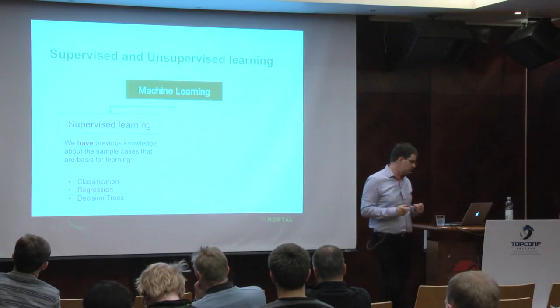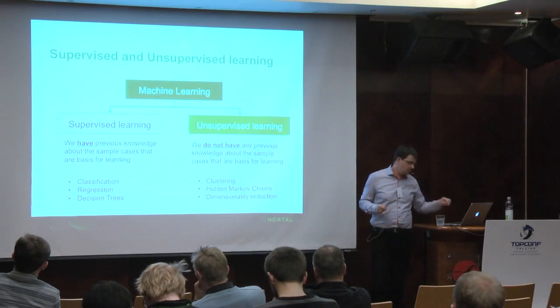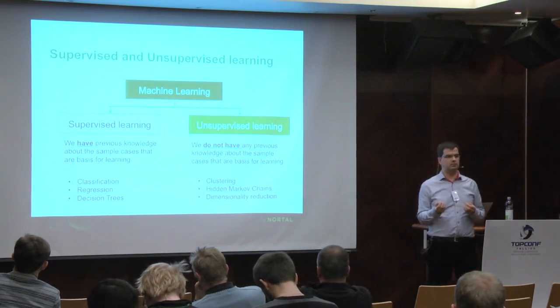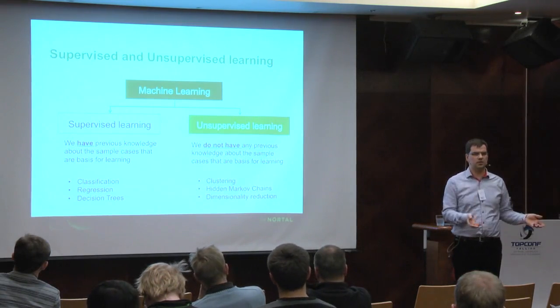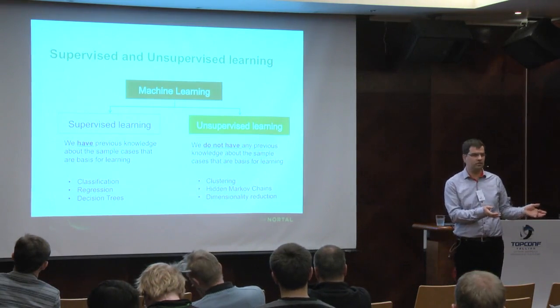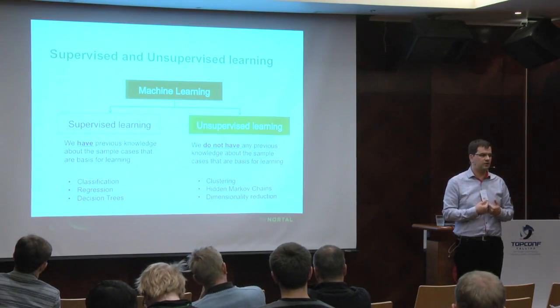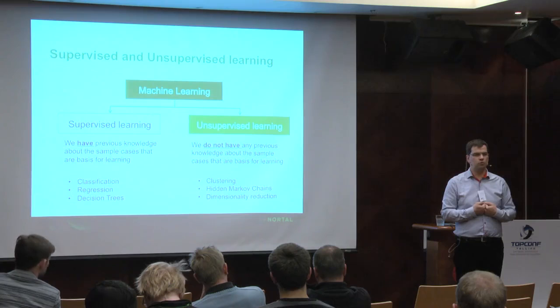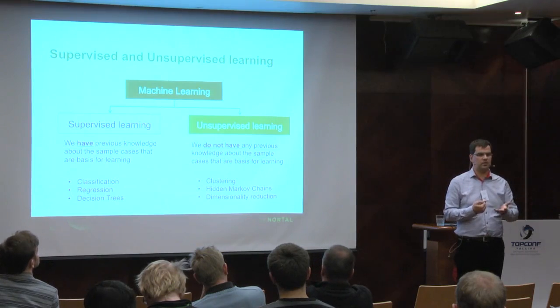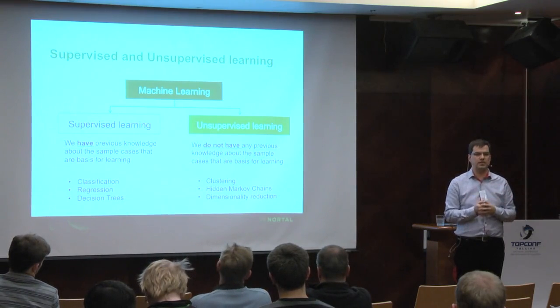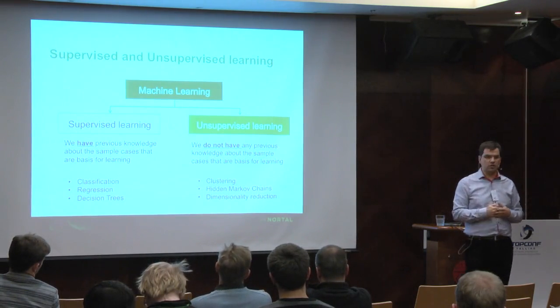The other area of machine learning is where we have the sample cases, but we don't have the feedback. We have customers, and we don't know who actually bought something. But we can still use algorithms finding the similar. It's something like our marketing guys are doing with segmentation: to whom we should deliver some kind of offer, who are actually behaving in a similar way. In this area, we can use clustering,